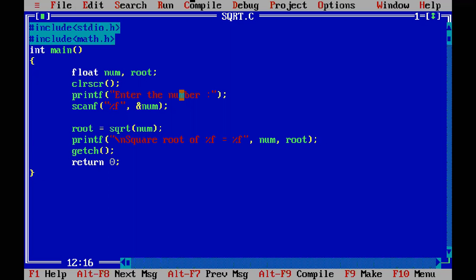That means when this function is executed, you have to press any key from the keyboard. The basic purpose of this particular function is to read a character from the keyboard.